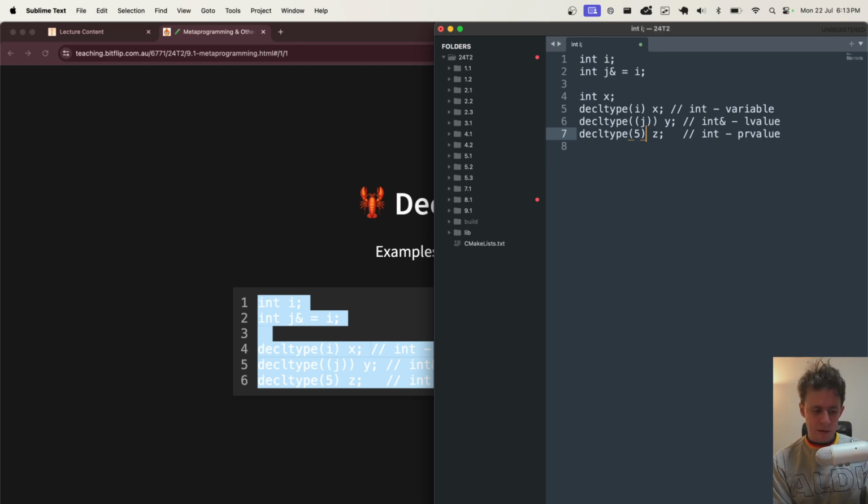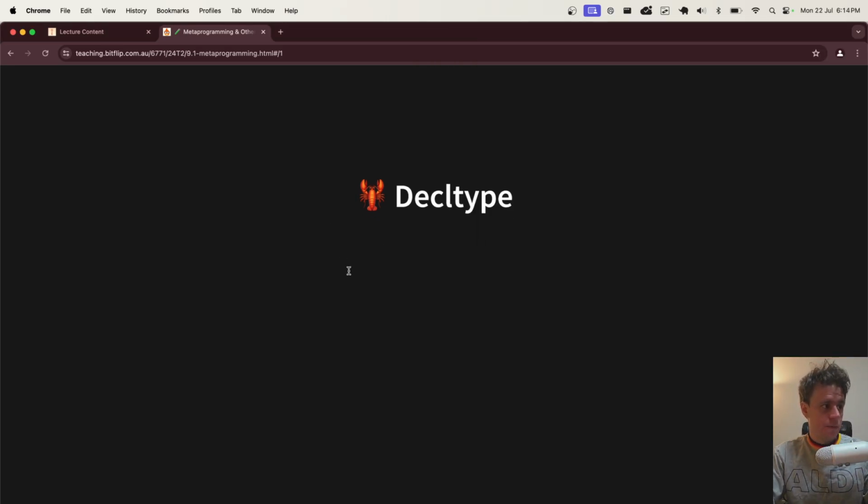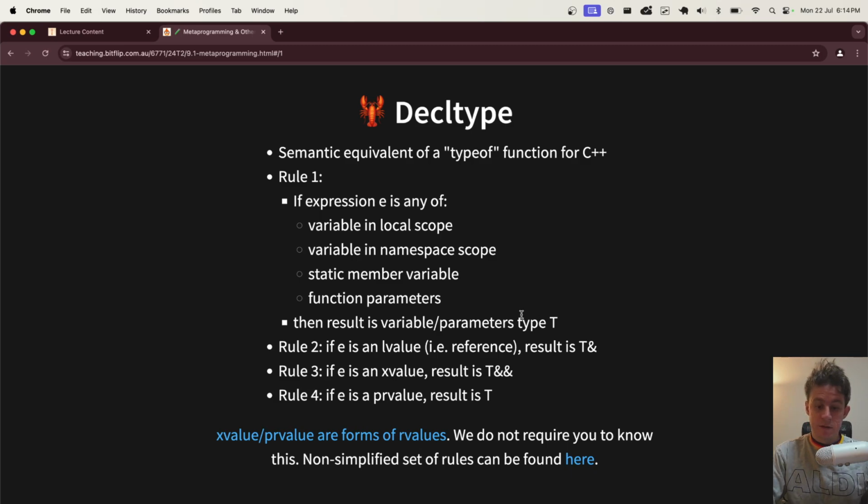They're a way to just ask the compiler to write the right type in for you. And you'll also see here if you do something like decltype 5 z, that kind of works. Now, do we need the double parentheses? That's a great question. We'll come to that.